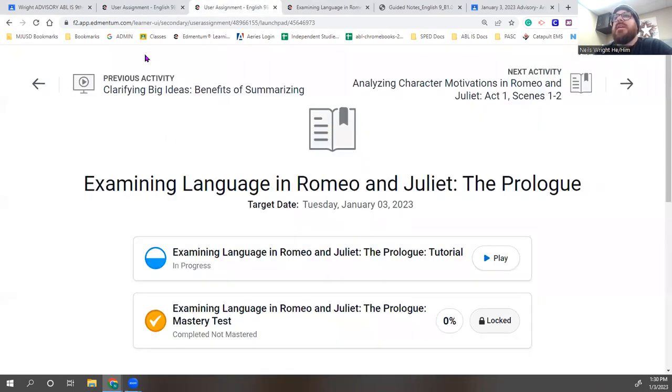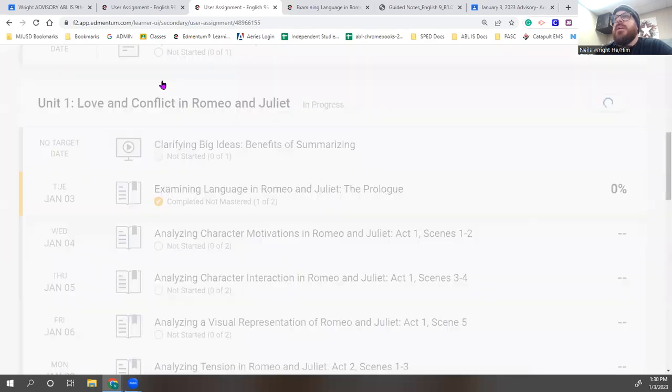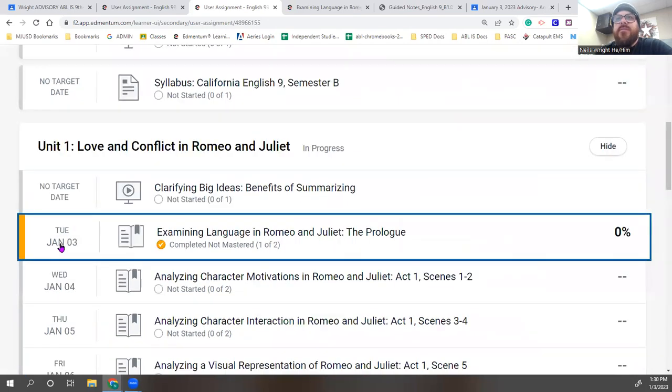When you click on your class, it should load something similar to this, and notice that you have your target dates on the left-hand side. These target dates,